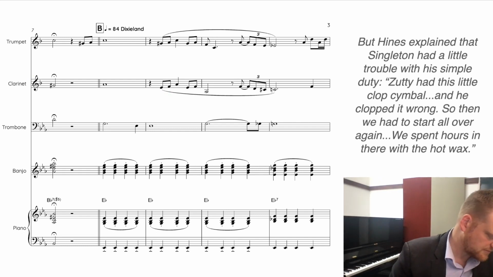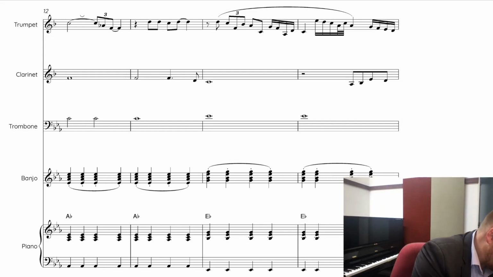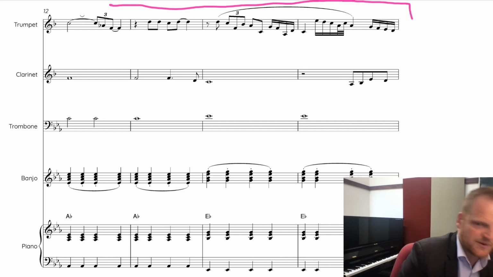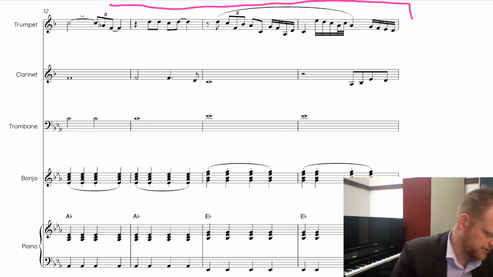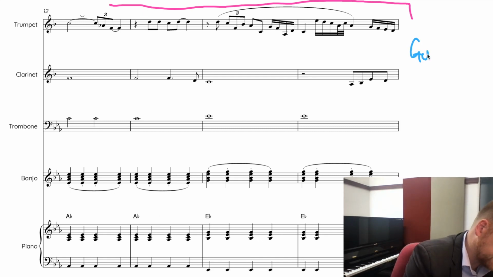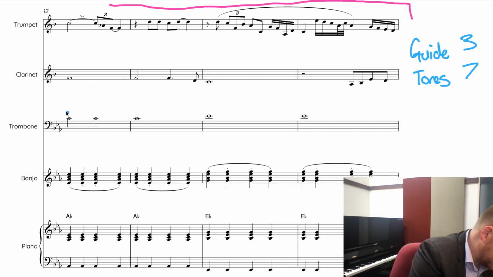All right, let's move on. Okay, so the next 4 bars. Now you can see up here the melody by Louis Armstrong tends to go off into its own direction. It's doing its own thing. And so I think that's hard for the clarinet and the trombonist to harmonise or follow along. So what they do instead is they do a thing called guide tones. And guide tones are the 3rd or 7th of the chord. So you can see here the trombone is playing the 3rd,